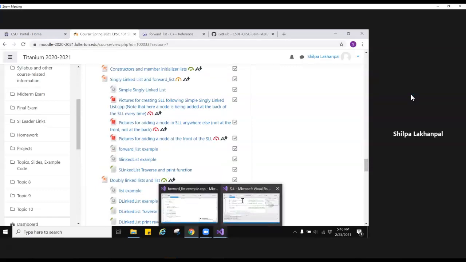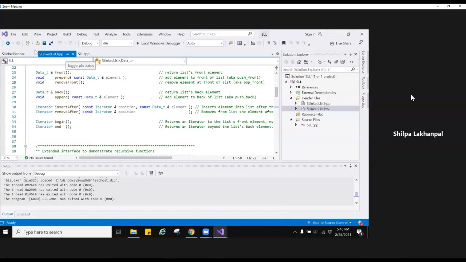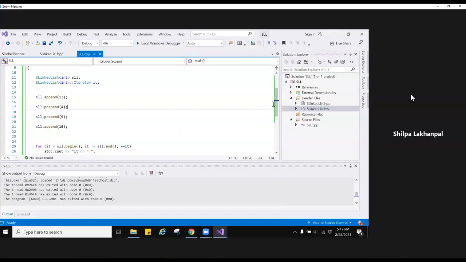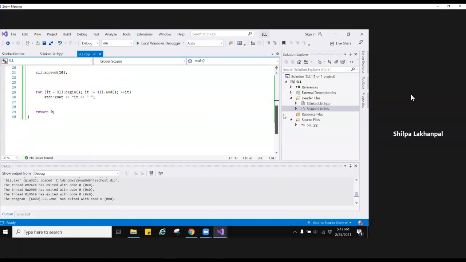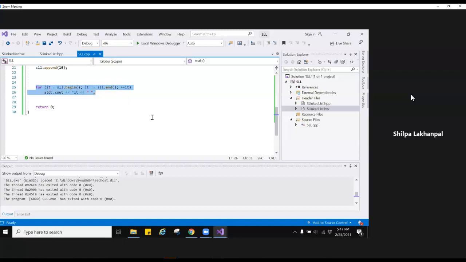Traversing means going one by one over all the nodes of the list, and traversing or iterating over it means the same thing.